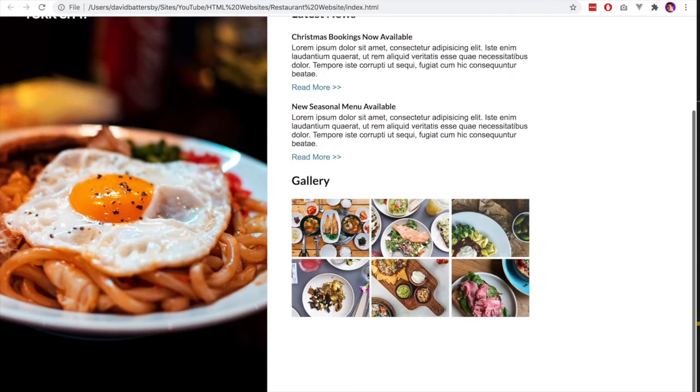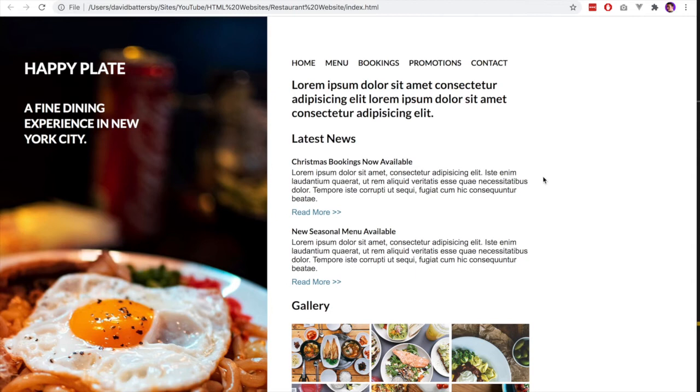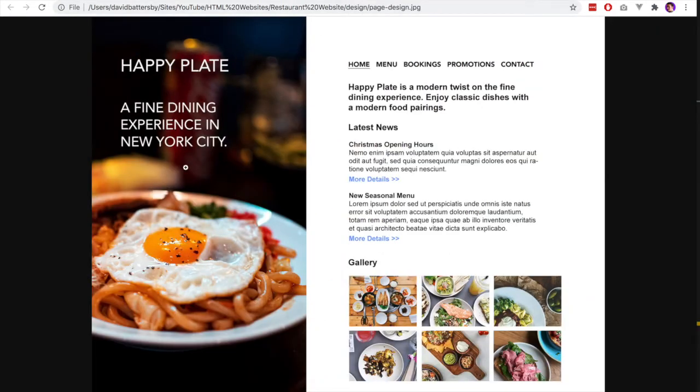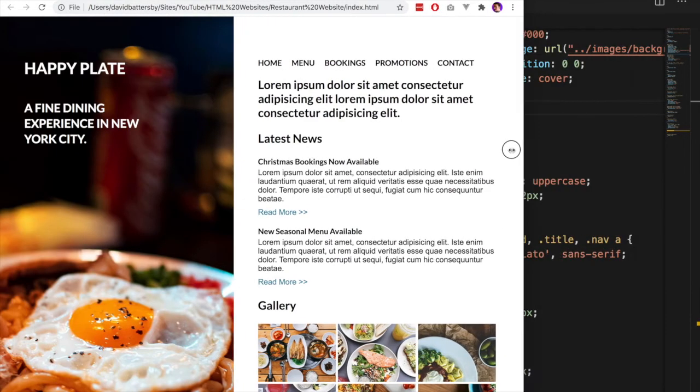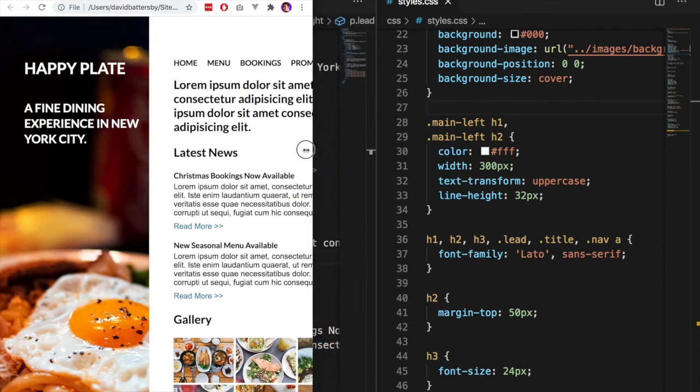In most cases, you'll be designing for mobile first, but in this case, I had already built this simple page to demonstrate on a different YouTube video, and I will drop a link to that YouTube video. But what we want to do is basically just take that existing code that we have and adapt it to